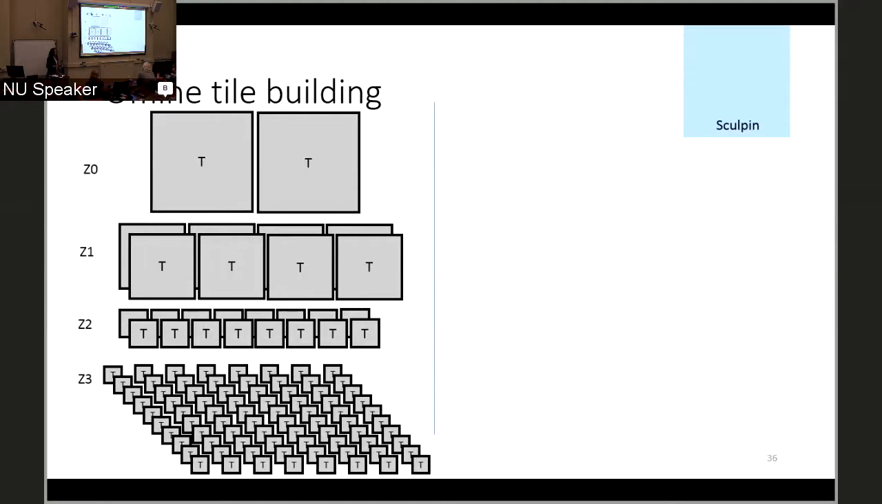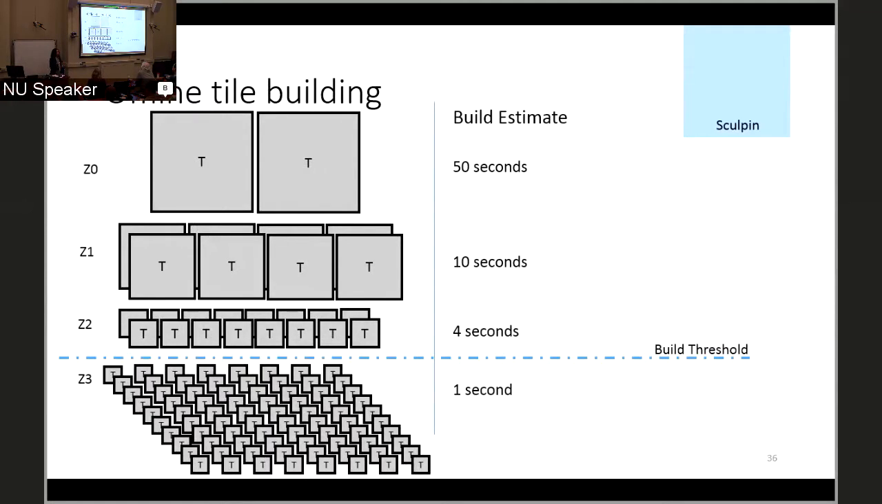The first step in the offline tile building process is that we calculate a build estimate, or basically the average amount of time it takes to build tiles at this particular zoom level. Suppose that here at zoom level 0, it takes 50 seconds to build a tile, and then at zoom level 3, it takes 1 second. Given the open-endedness of your system, how do you know that? How do you get those estimates? We basically measure it empirically by sampling from the zoom levels, which is pretty cheap compared to building every single time. So then, given these build estimates and a predefined build threshold, which here is set by default to 1 second,